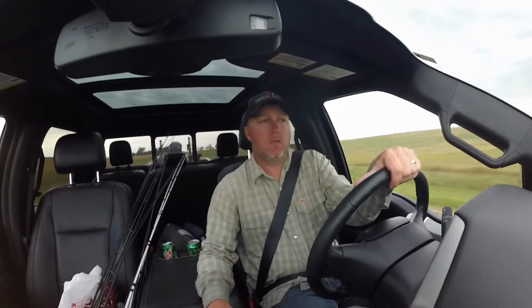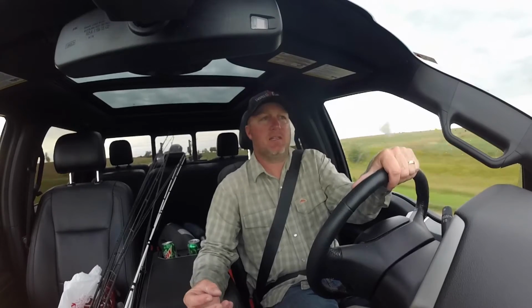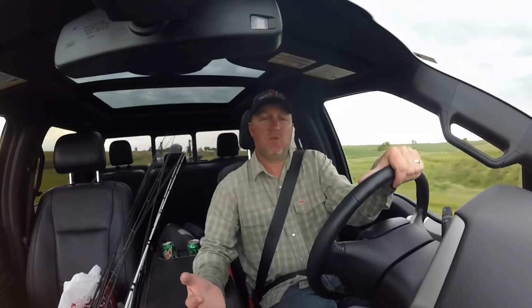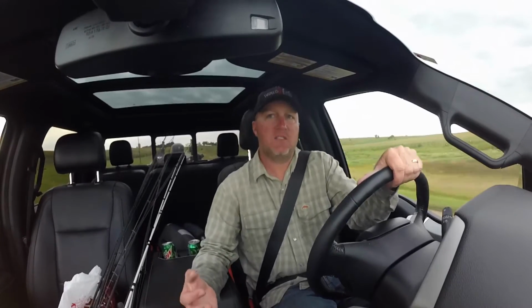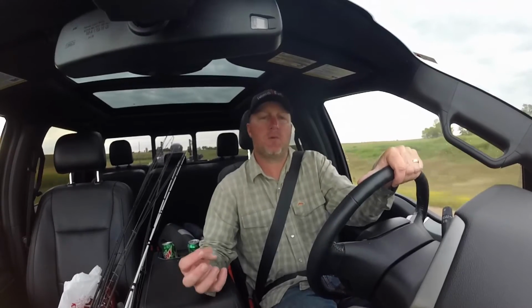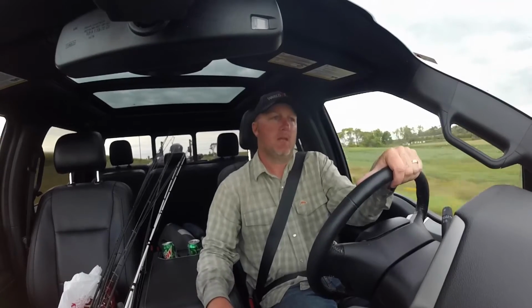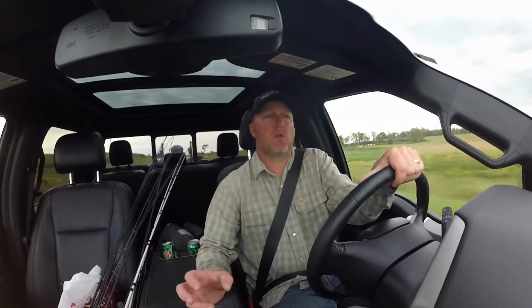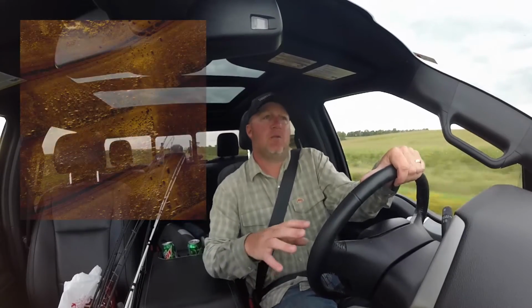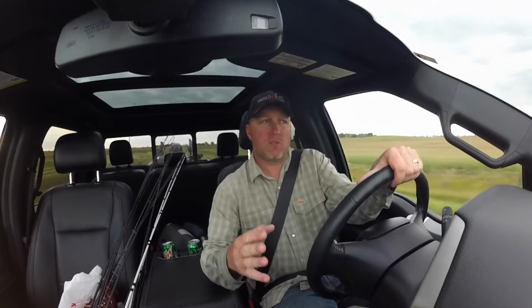So good equipment, good electronics, and not just having the electronics, going out, putting the time in, and using them. I mean, all these fish, it's the electronics that's doing this. It's 100% why we're putting this many fish in the boat this year. And all the years we've been using it, but this year really, we've really been pushing that 360 and gaining confidence. Not only just seeing the rocks and the structure, but actually pinpointing those fish that are using it,